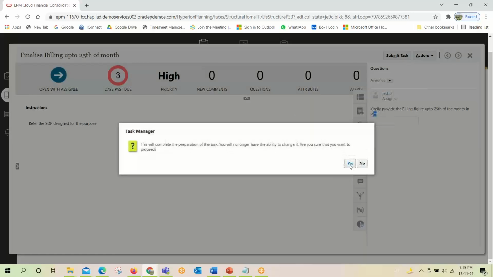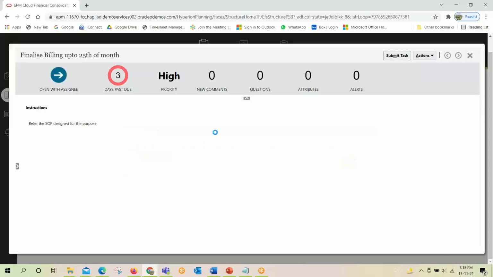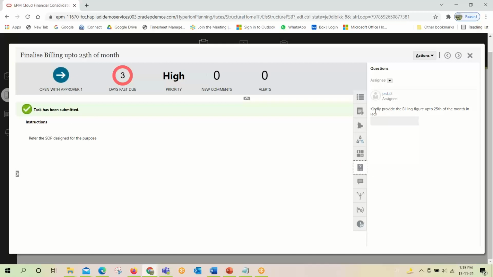It will give the message asking if we want to proceed. We can say yes. So he has submitted the task, and since we have not made it compulsory, it has not given the message for answering the question. So the status has changed from open to with approver.